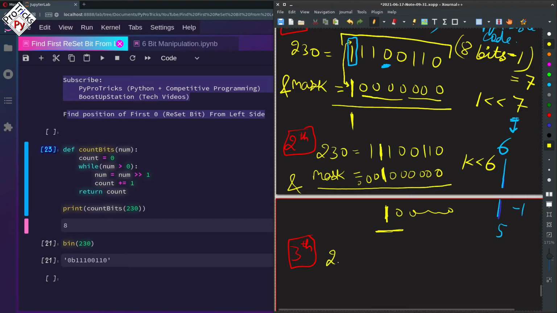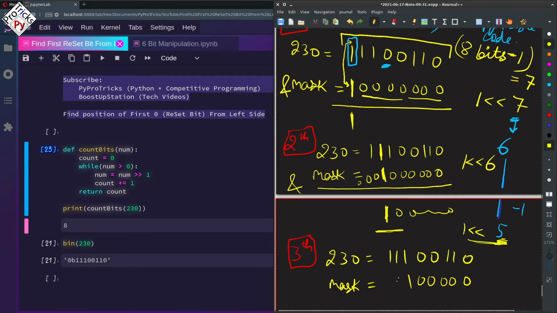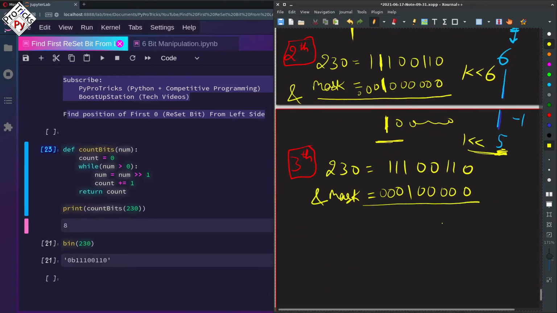And now again the same number 230, 11100110. But this time our mask becomes 5 zeros on the right side and a 1 after that, because we have a 5 and we got this by 1 left shift 5, right, and a lot of zeros on the left side. So now if we perform an AND operation, still we are getting 1 because we have 1 in this vertical line.